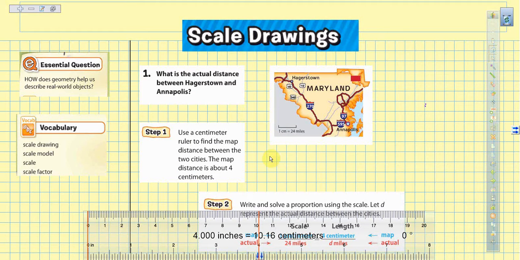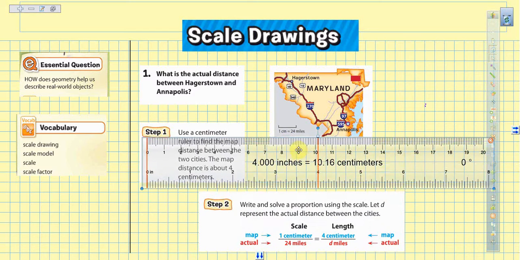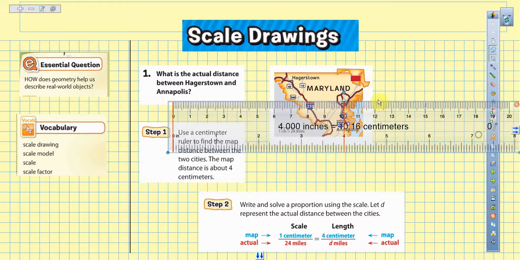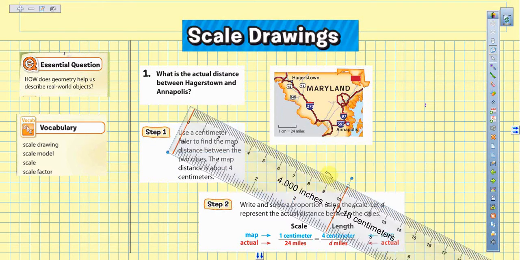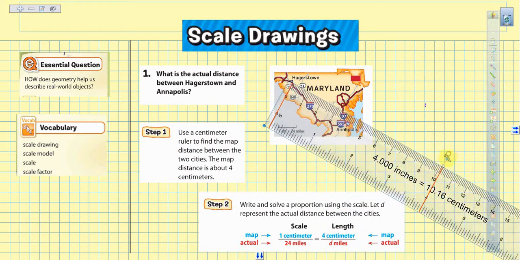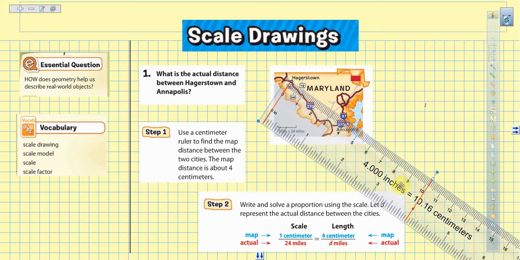Okay, so here is example number one. What is the actual distance between Hagerstown and Annapolis, both in Maryland? Okay, so you have Annapolis here, you have Hagerstown here. We're going to use a ruler to do this. So what you're going to do is you take your ruler out. And in this case here, we're going to get it closer. So this is my virtual ruler. And what we're going to do is we're going to get it between the two, and we're going to measure to see how many